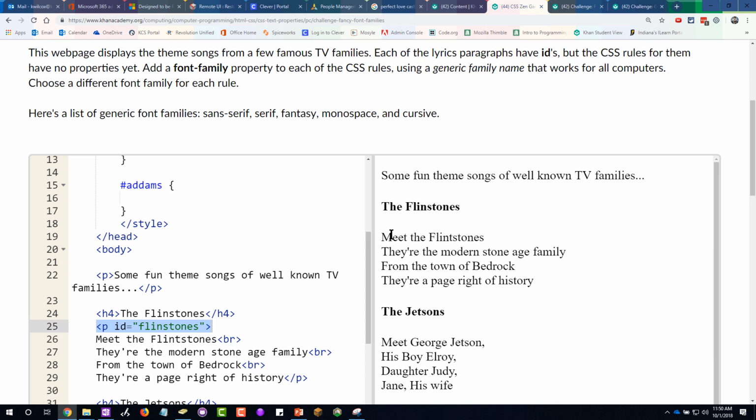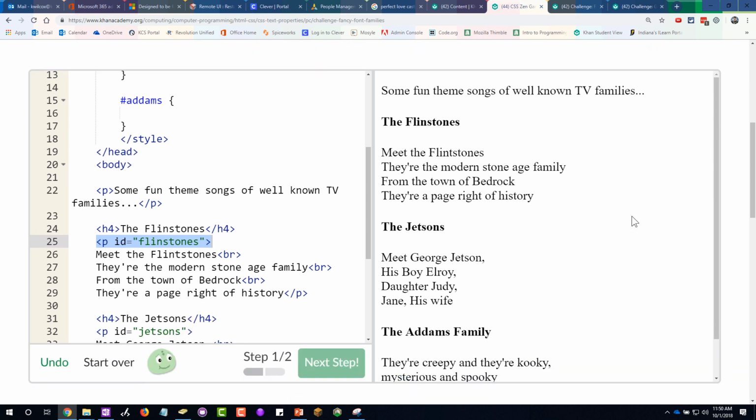And that is on the page right here, and they want me to add a font family property and then use a generic family name font that works on all computers, and they gave me a list of the fonts that I can use. Okay, so what I need to do is